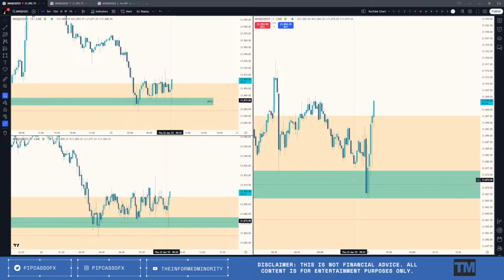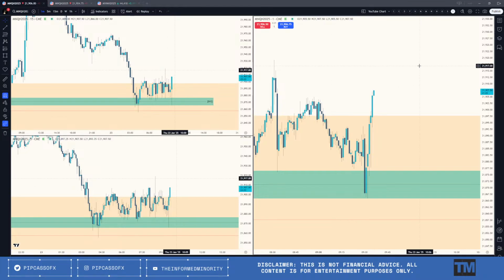Just need to see that price action, and then I'd be willing to put on a trade here if it can do that. Because that's the first thing. Once the first presented fair value gap forms, it allows me to retest that breaker, and then goodbye. Especially coupled up with the new week opening gap high. I think that's a nice setup right there. But I just need to see that.